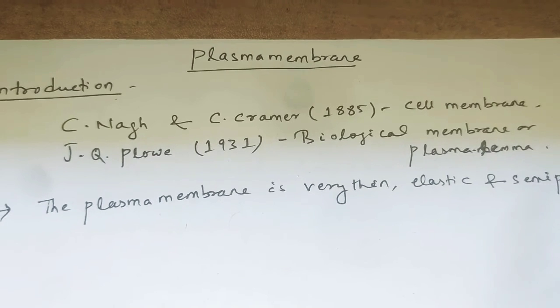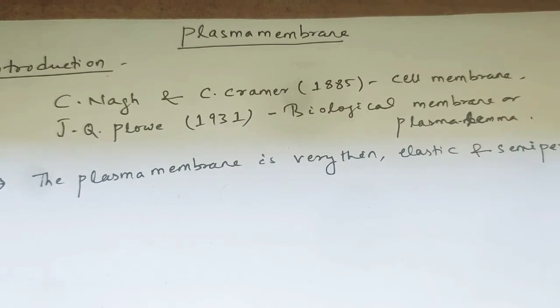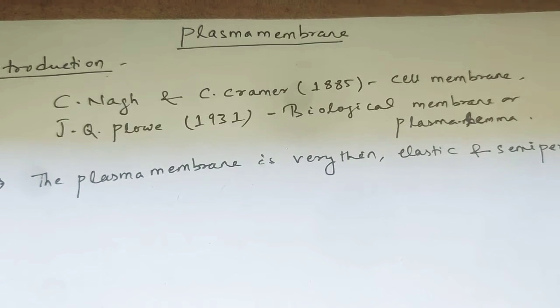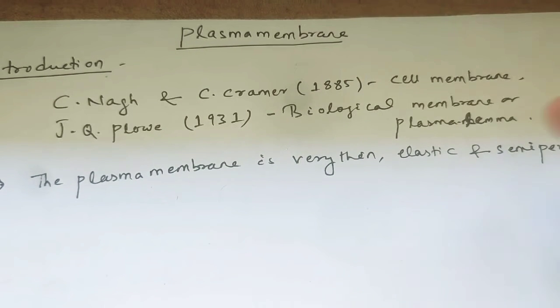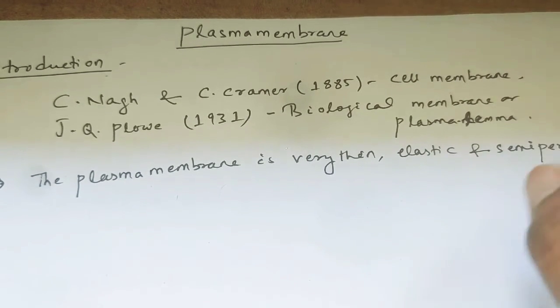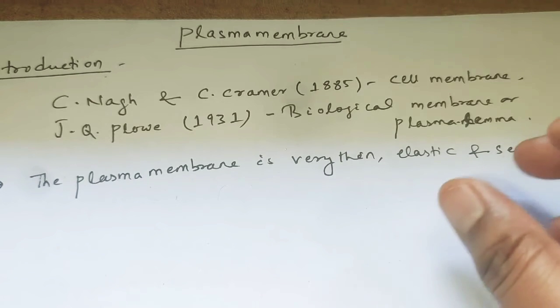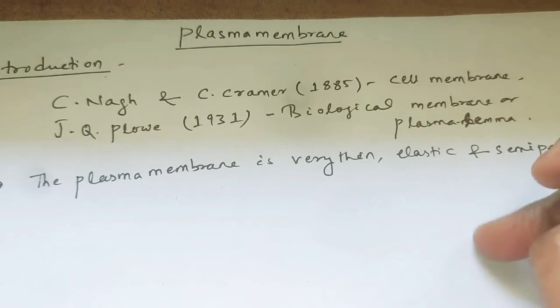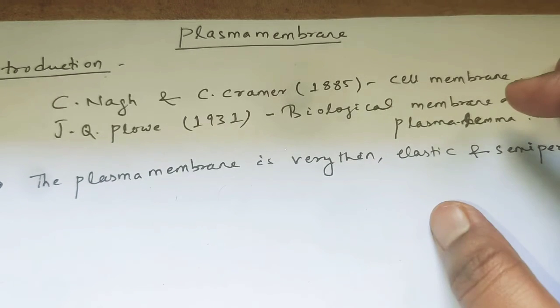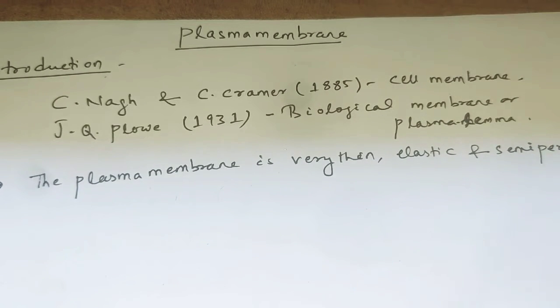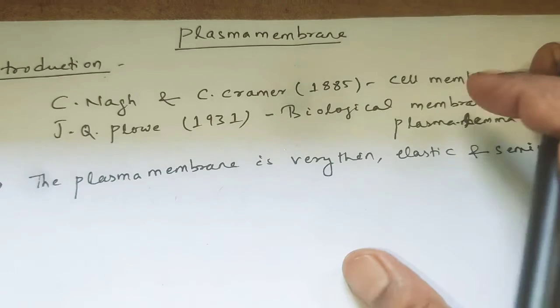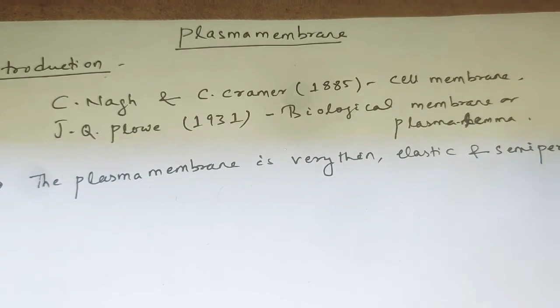Now the second point: it was shown in the microdissection process that the plasma membrane can't be removed or badly damaged, even for a short time, without death of the cell. During microdissection, if the cell is in live condition, removal of the membrane is not possible. It is very difficult to remove the plasma membrane in live condition, but if the cell is dead, the plasma membrane is easy to remove or damage. So we can write that point also.